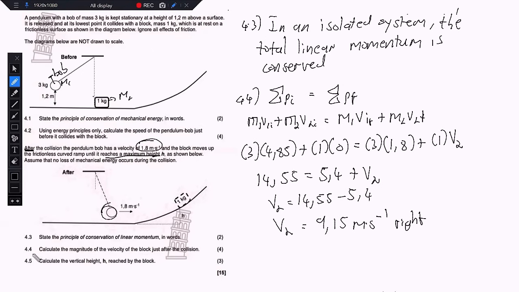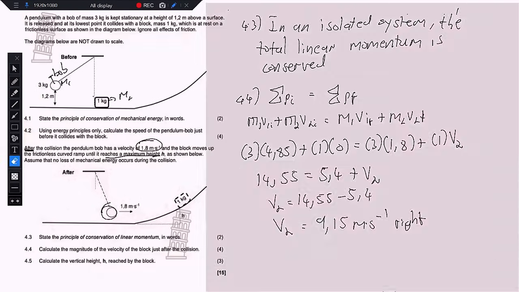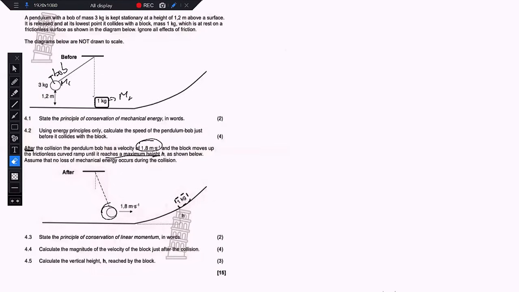4.5 now, for 3 marks, is saying calculate the vertical height h reached by the block. So to calculate the height, the one formula whereby we have the height is again the principle of mechanical energy. So for 4.5 we can say the sum of mechanical energy initially is equal to the sum of mechanical energy finally. Right. Now for this case,